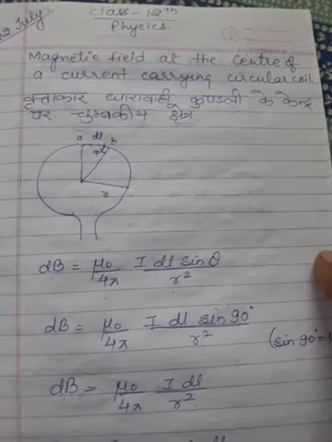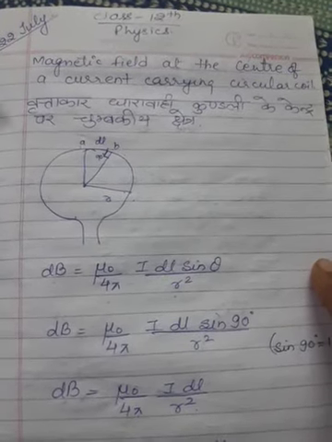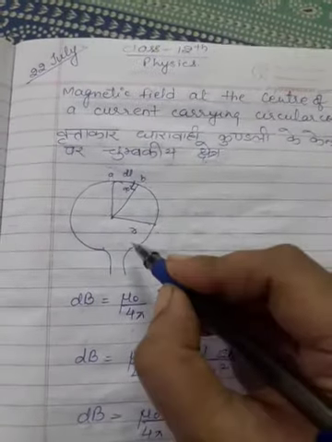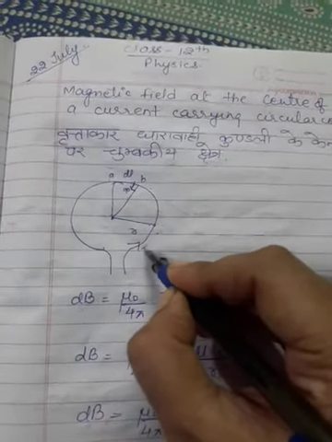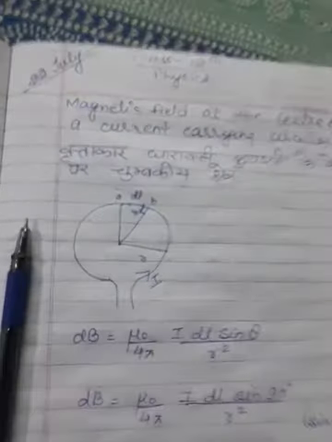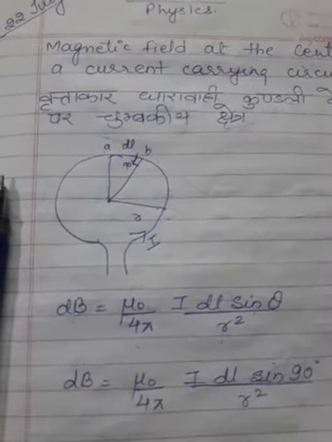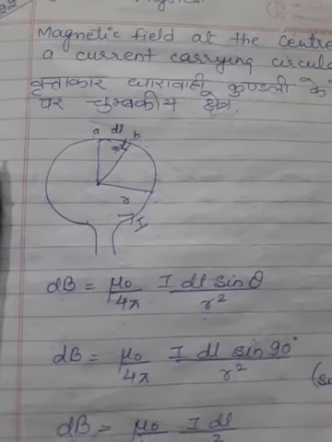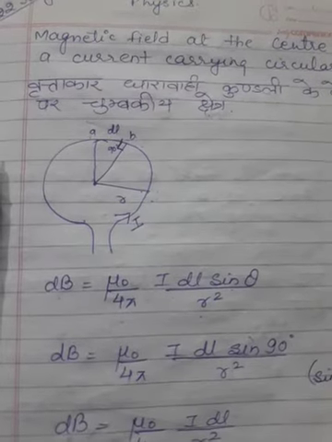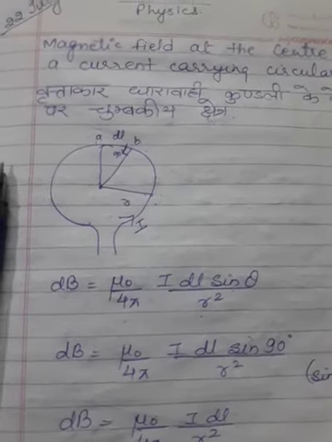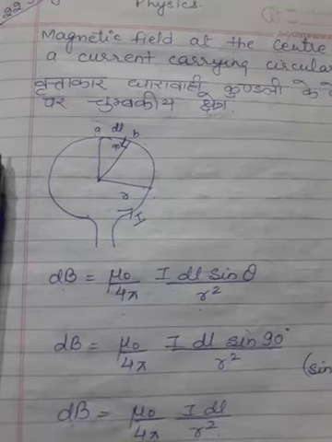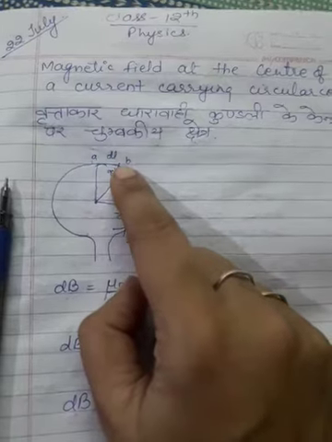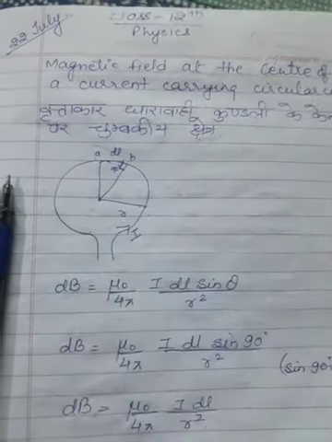That means we have to consider a circular coil as given in the figure whose radius is R, and in this circular coil a current I is flowing. Clear? I am taking a small portion AB in this circular coil which is taken as dB of this particular wire, and according to the tangent concept of a circle, you will get a value of 90 degrees when you are taking any axis or any radius from the center.